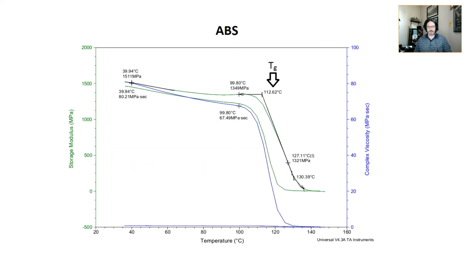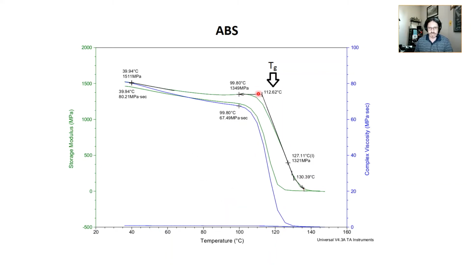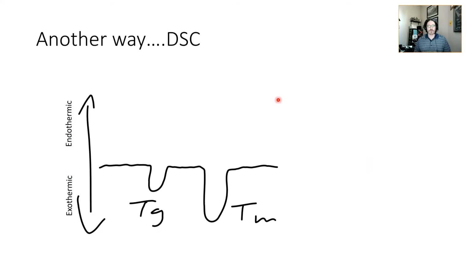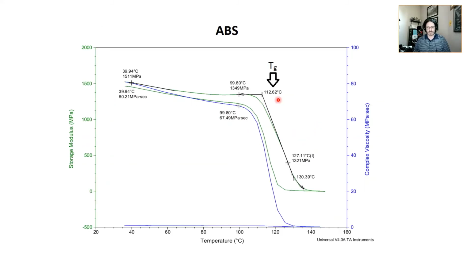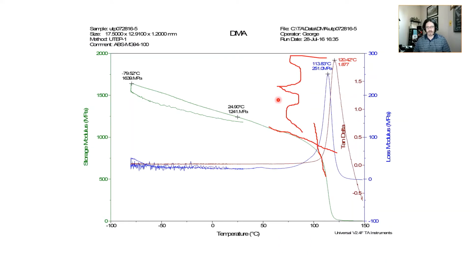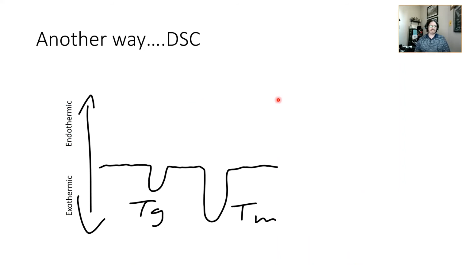There's an ASTM standard, and this is for ABS, that flat out says you take your TG off of the storage modulus. So that's the beginning of the glass transition temperature, the beginning of the flowy material response, if you will. So again, answering this question, how do we determine glass transition temperature? Well, you can get it from the storage modulus curve and also the max tan delta curve from a DMA, a dynamic mechanical analyzer. Another way is dynamic